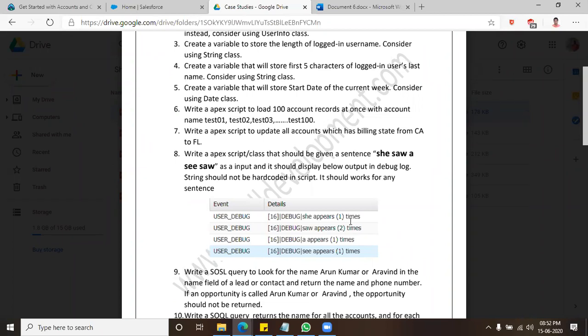You have to use map functionality to implement this particular case study. Maybe you can also Google for the number of occurrences of a word in a sentence. You will get some idea. You will get a code, but my point is to have an understanding of it, so that if we give any sentence, you should be in a position to implement that. Okay, we'll go on to the next one.